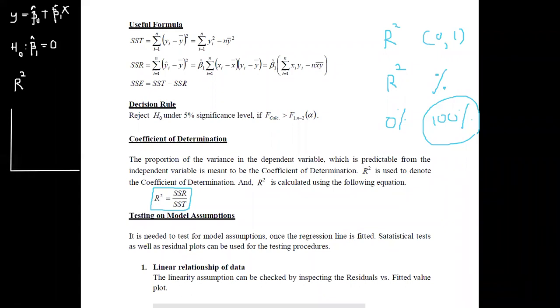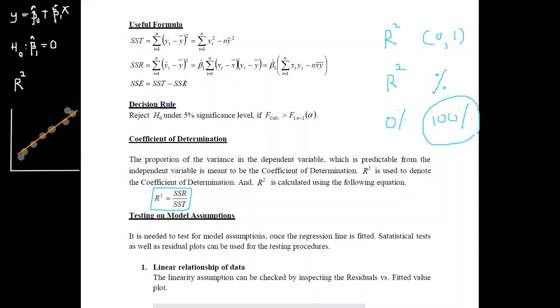If you fit a line for this set of data, it will go through almost all the points. Therefore, in a situation like this, you may get a very high R squared value.